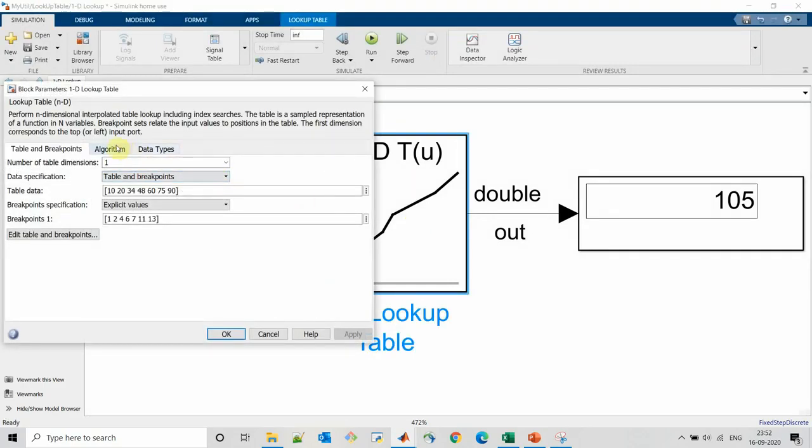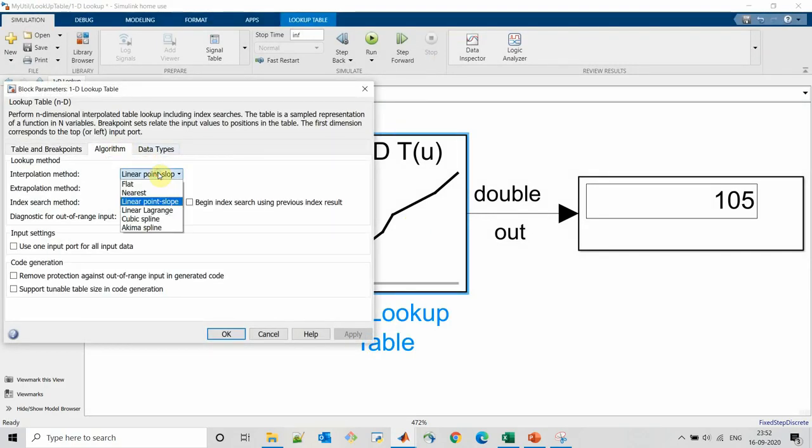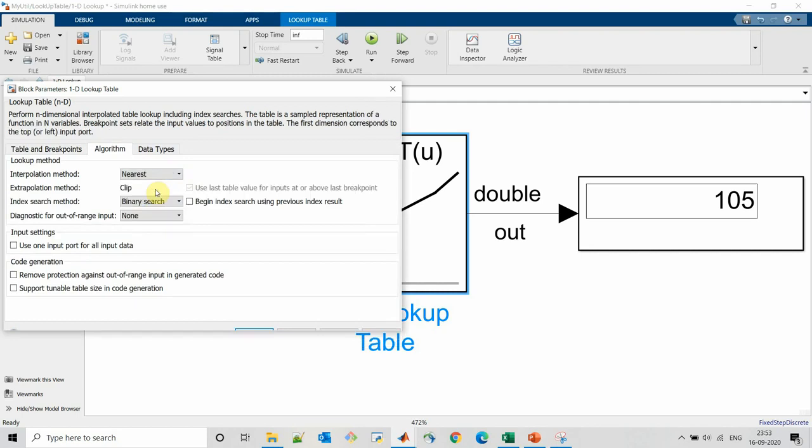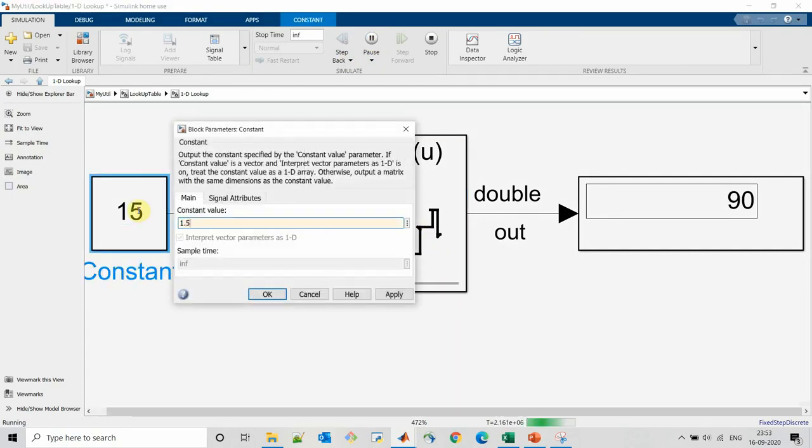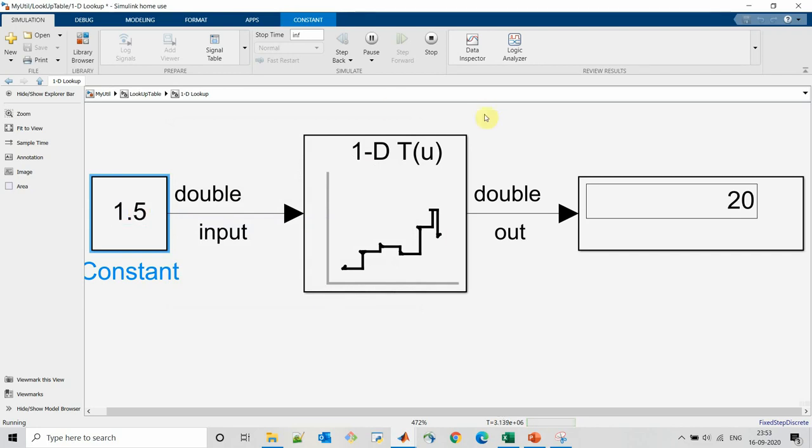Now let's change interpolation method to nearest. So for 15 we will receive output as 19, which is the last output from our breakpoint, and for 1.5 we will receive output as 20, which is nearest to 2.